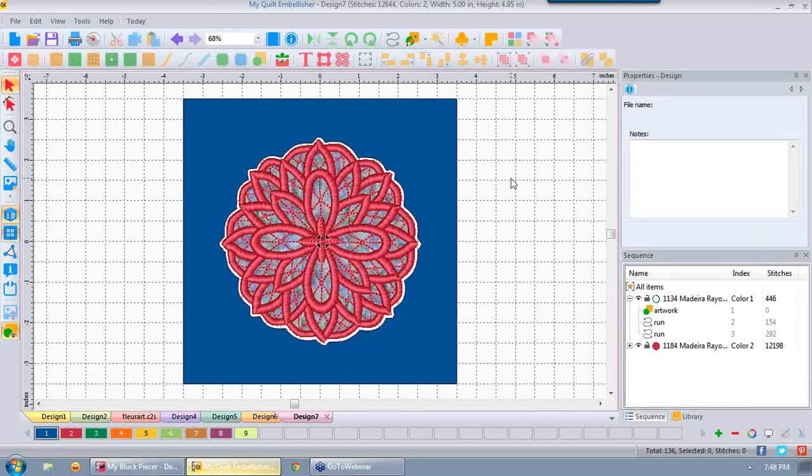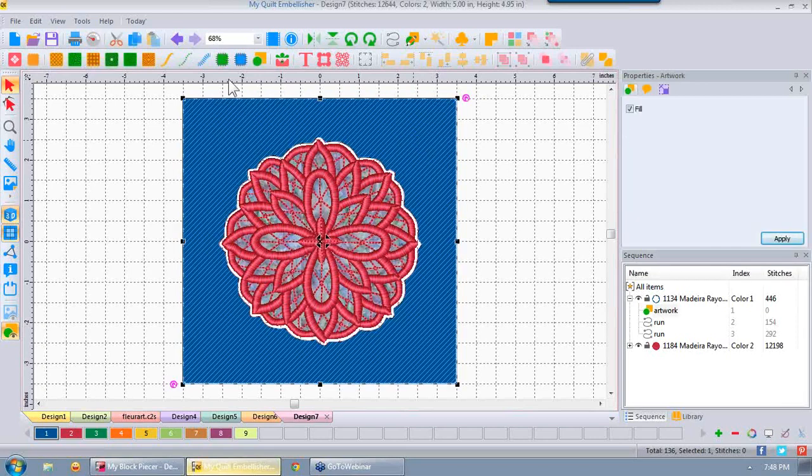So I have artwork here and artwork here, and I'm going to select both of them and combine them. Do you see what they did? It cut a hole in the background. Now I can select this and convert it to stippling